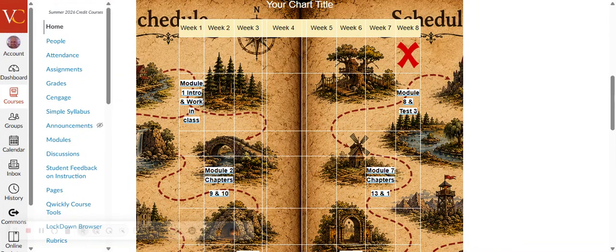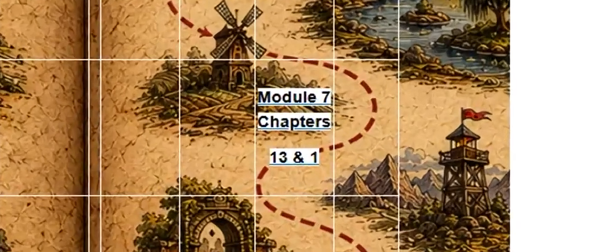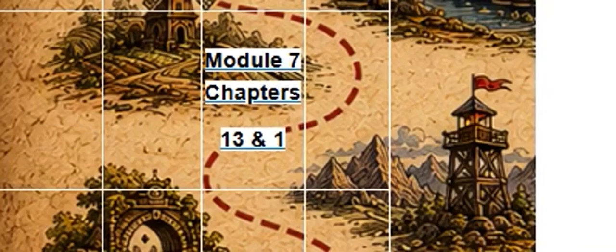I want to remind you that this is a short semester and therefore a lot is packed into each week. So you want to stay on track and move forward as quickly as you can so that you do not fall behind. Now, for example, if I click here on Module 7,